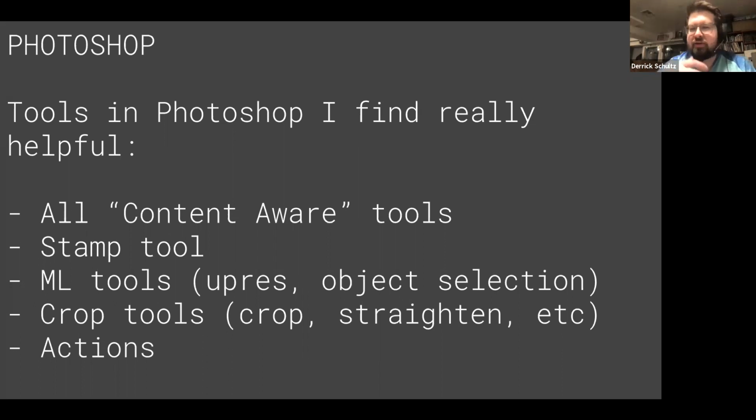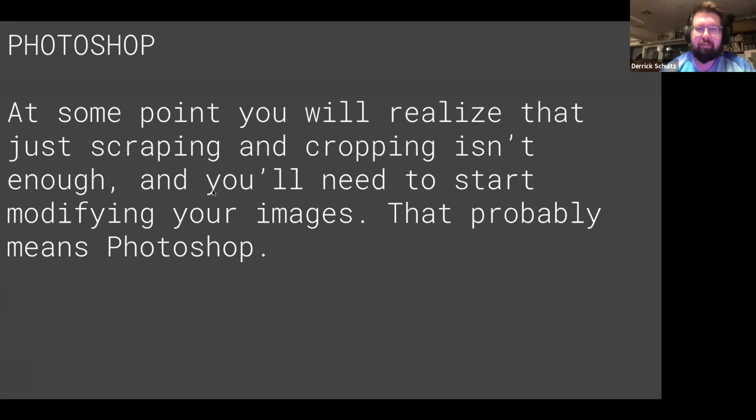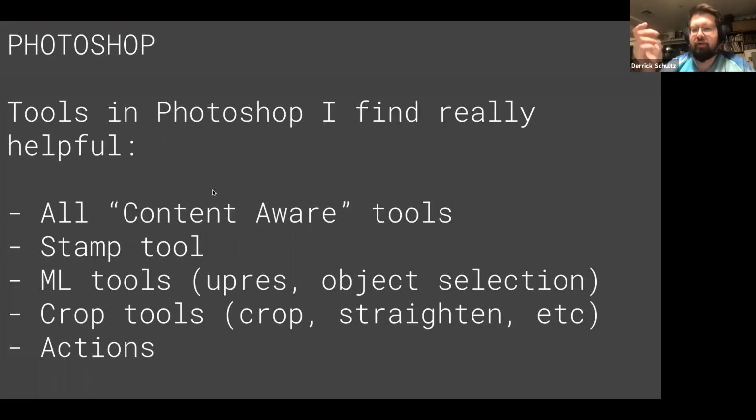When you're doing content aware scaling, it figures out where to scale something and where not to. In terms of content aware fill, it figures out edges and does some edge detection to figure out what should be filled in. So they feel really, really smart, but they're not actually machine learning. They're just really, really advanced computer vision tools.